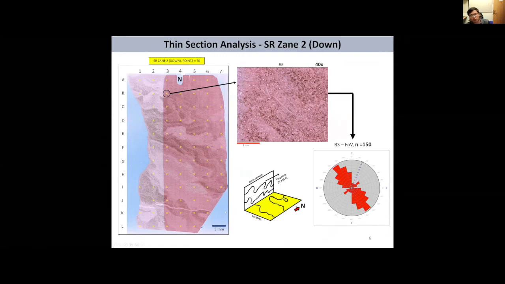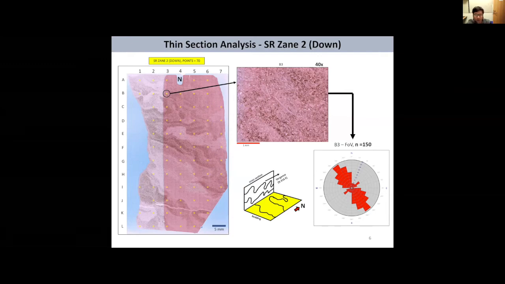Imagine you have micro anticlines, and then you slice them with respect to the horizontal. This is what you will see. And then we put 70 points. This is essentially similar to point counting, but instead of calculating the composition, we measure the